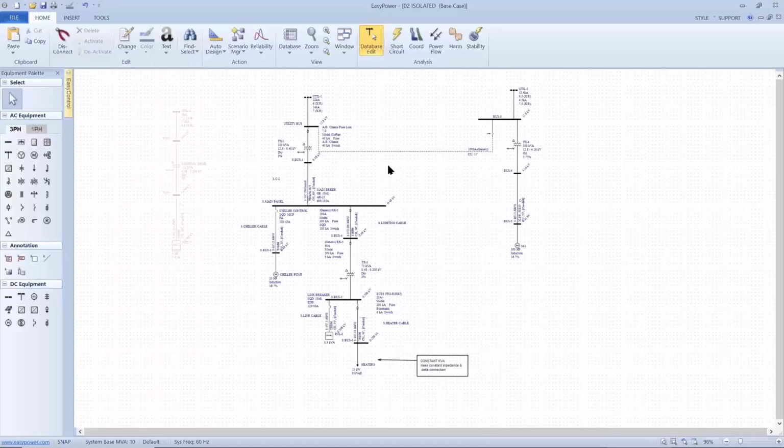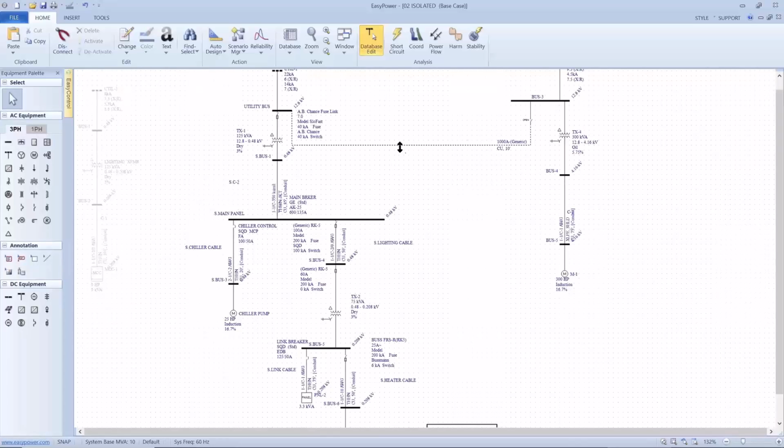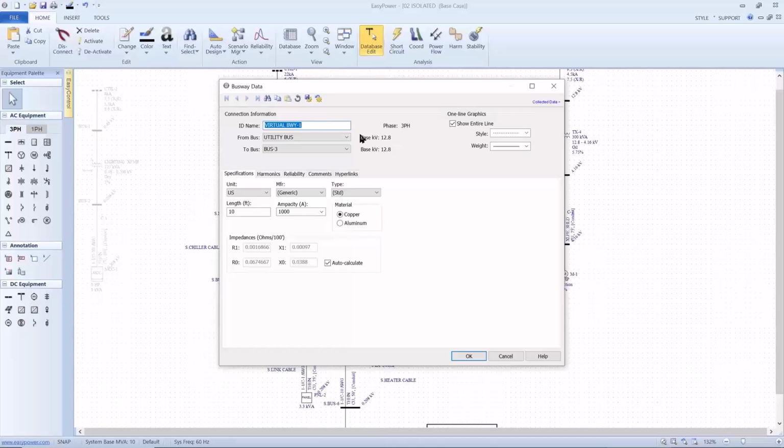And what I'm talking about as far as a virtual connection is this busway that I've created here. We open it up, I label it a virtual busway. Doesn't matter what size or capacity is, so I'm just going with generic values, and I'm going to have it as a dotted line so we can